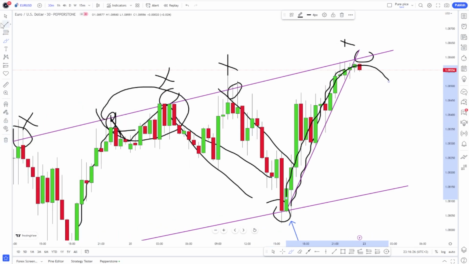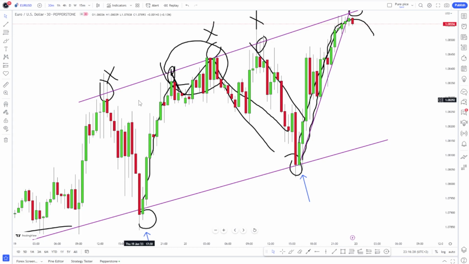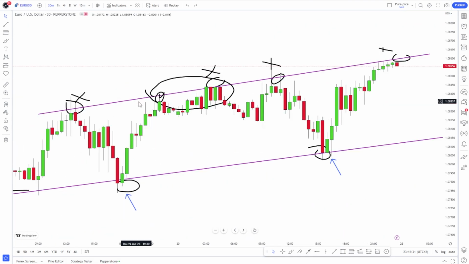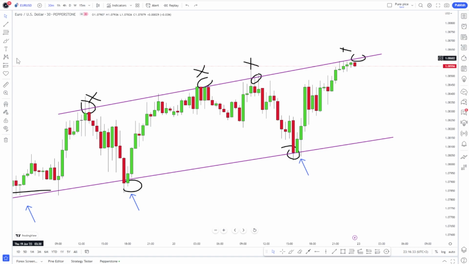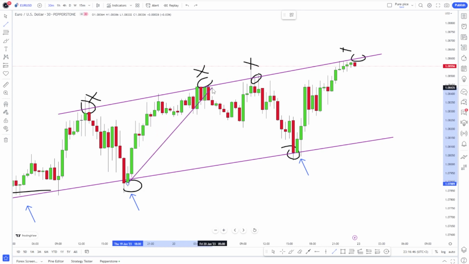Let me erase some of the drawings here for clarity. I'll undo what I've done. Your main purpose as a trader is to identify the flow and then wait for that flow to be broken. Let me start from the beginning. It started here, and then there was a breakout. Unfortunately, when the breakout took place, it wasn't a big move. The market started moving down, and then when the market started moving up,